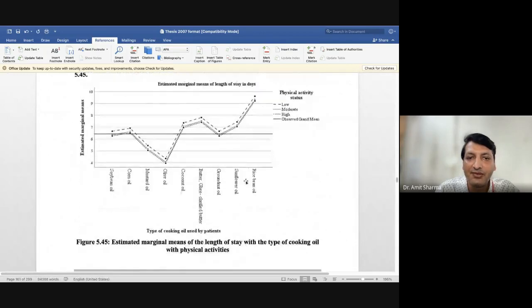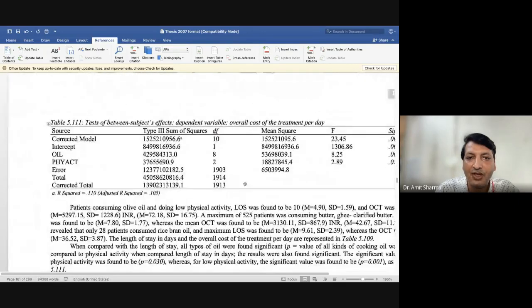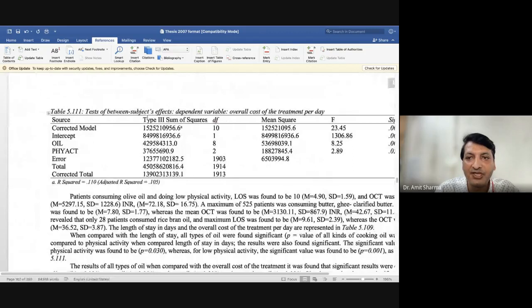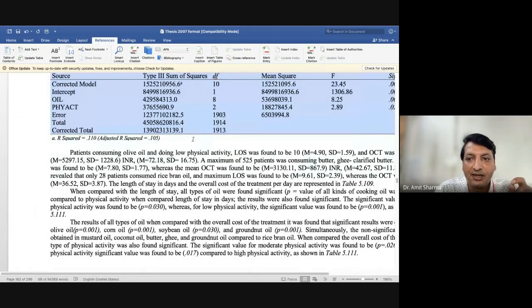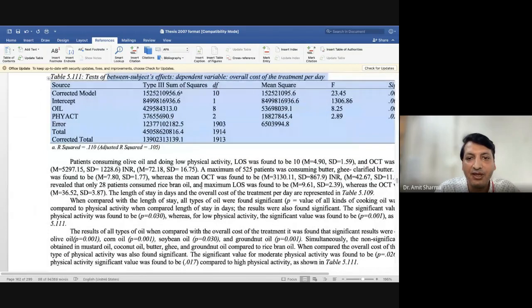So all graphs, all the content which you have added here, see the whole SPSS table which was made by the software, I have taken and added in the thesis. And if I want to publish a research paper, I'll obviously not add this table. What I'll add is the text content which is written against this table in my thesis.